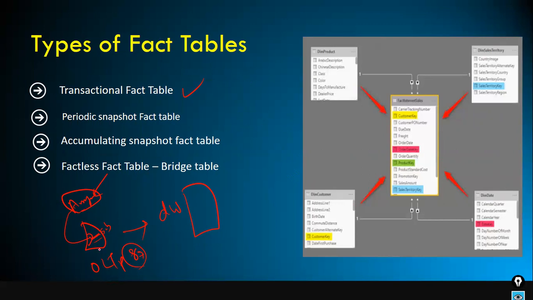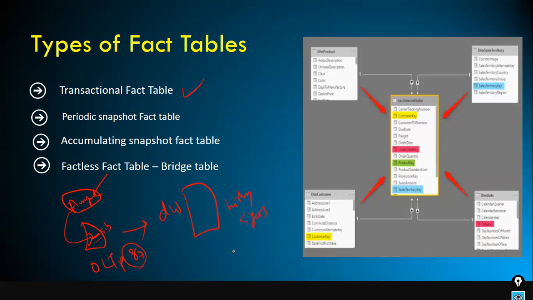That is the reason why in the case of an OLTP system, they keep a limited amount of records, maximum 8 to 9 months of records stored here. In the case of a data warehouse, they need the historical data. They want to keep a minimum of 5 years of data, so that they can compare the current quarter with the previous quarter's sales performance,